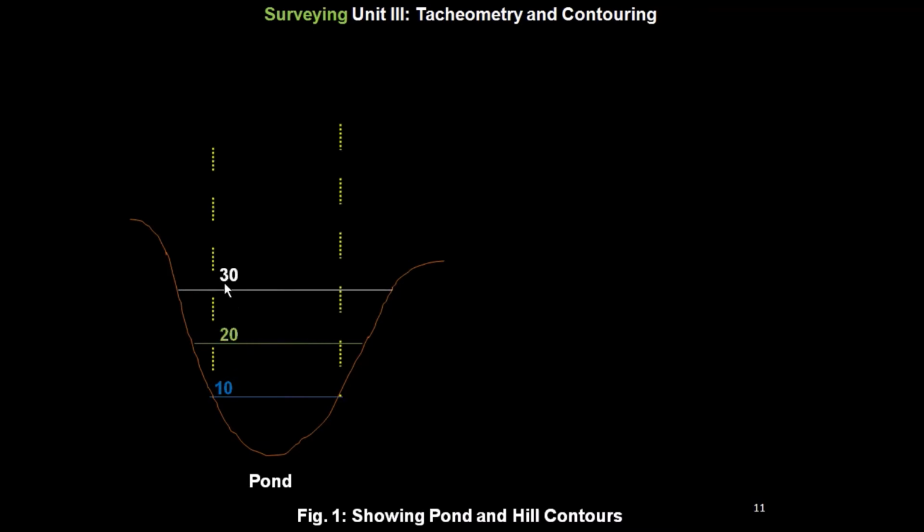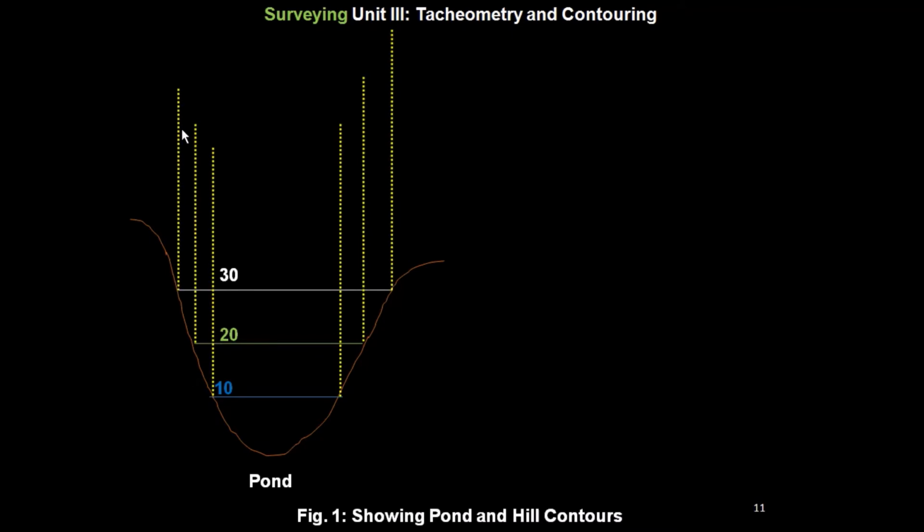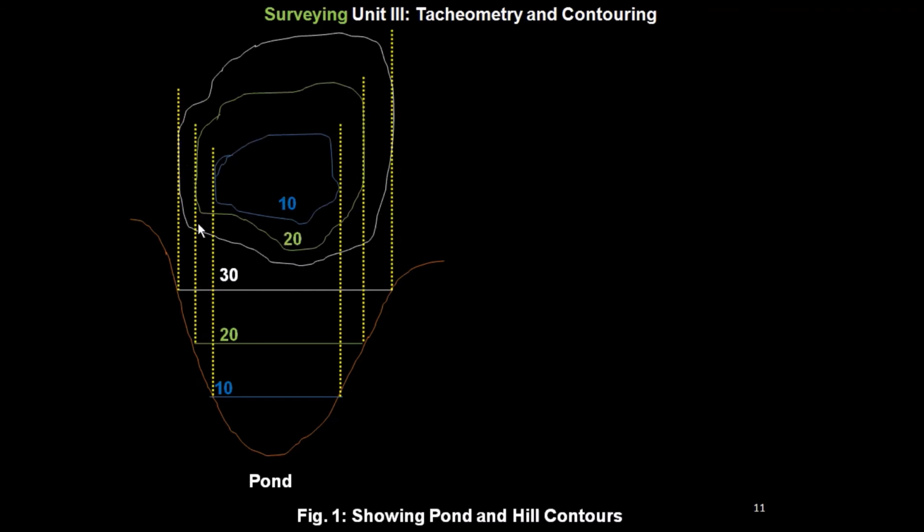Now here projections are taken of 10 meter, similarly of 20 meter and of 30 meter, and the contour is drawn. This is of 10 meter. Then next contour, it is of 20 meter, green color. Then next contour, it is of white color, 30 meter. Now here we can see the contours for the hill or the mountain. This is the profile of the ground. This is the hill.